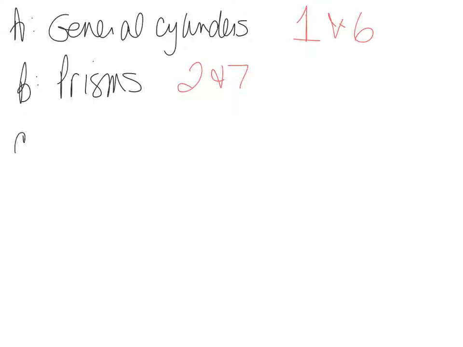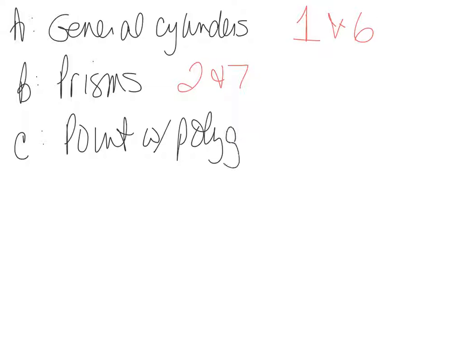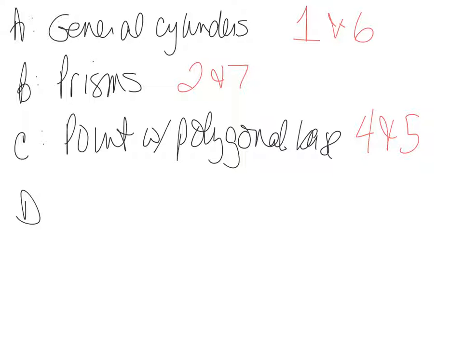Let's try group C. Let's name that one figures that come to a point with a polygonal base. And that would be image 4 and 5. If you look at image 4, it looks to have a square base, and then all the lateral faces come to a point. And image 5 has a pentagon for a base, and all the lateral faces come to a point. And then we have group D, figures that come to a point